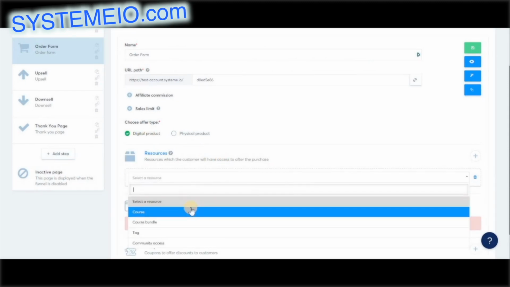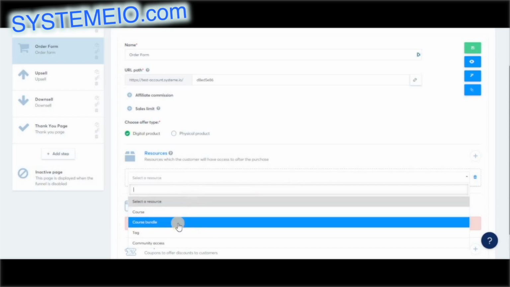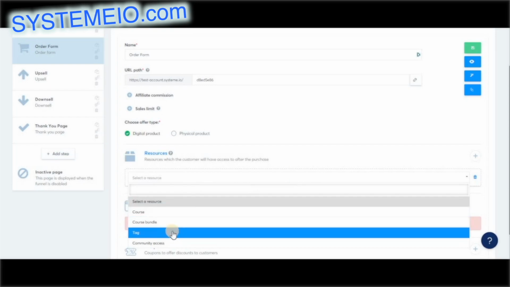So you can sell an online course, a course bundle, or access to a community. And you could also choose to add a tag here. This doesn't mean that we're selling a tag. It just means that a tag will be added when someone uses this order form. And in the event of a refund request, the tag will be automatically removed because it was added automatically